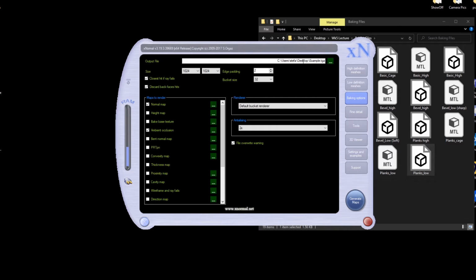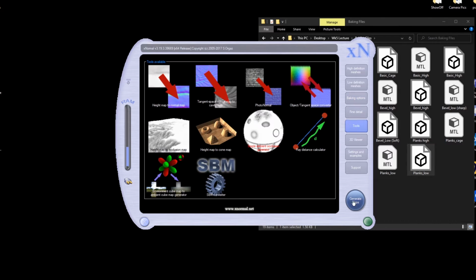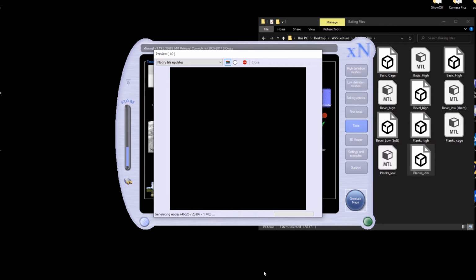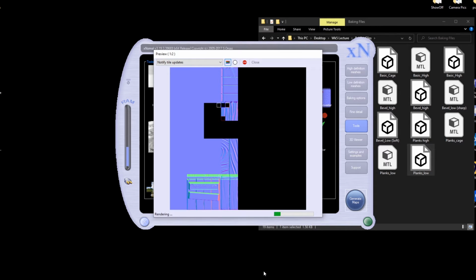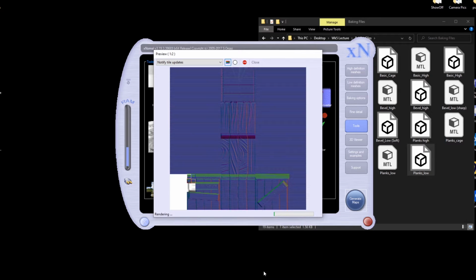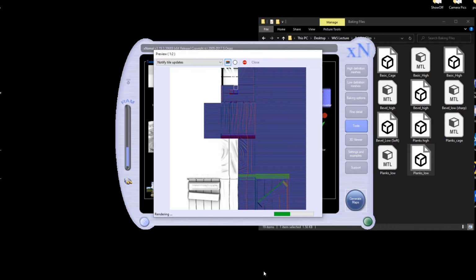And let me just make sure it's going to do it on the desktop. Yes, it is. Let's just click bake, or generate, rather. And what you'll see is it's going to start calculating, and it's going to start building up these maps one by one. So first it did our normal map, and you saw how quickly it did it. Ambient occlusion is more of a complex calculation, so it's taking a little bit longer. And you can see it's following the UVs of our low poly,